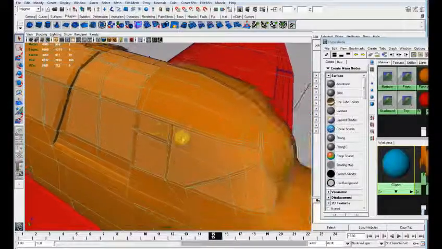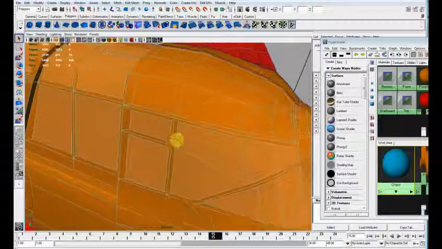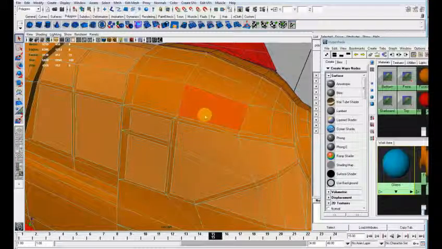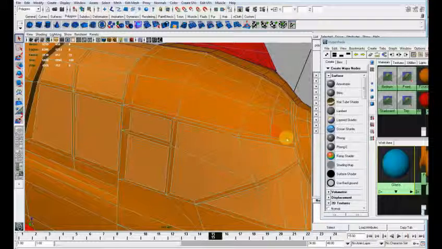Now, I'll zoom in real close and I'll just give you an idea of what's going on. These are going to be the frames for the canopy. These may or may not remain on the fuselage map because for lower levels of detail objects in Second Life, I may just make the entire glass a single piece